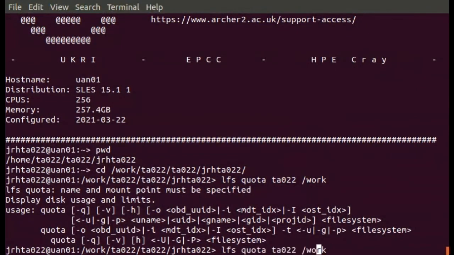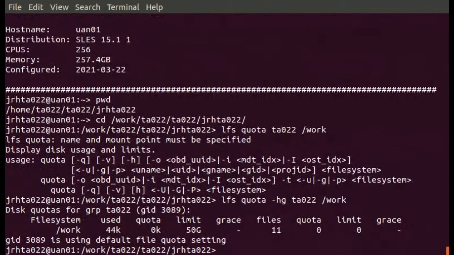Okay, this is because I forgot to include the -hg. H is to show human readable numbers, and G is because you need to specify the group. The group in our case is our project ID, TA022. So if we execute that, we see